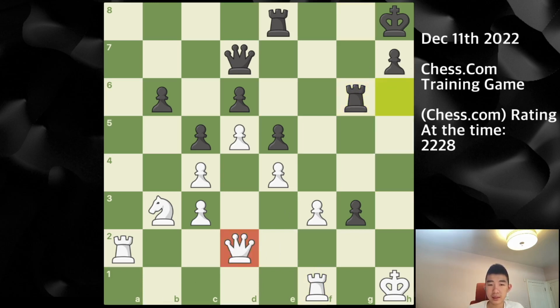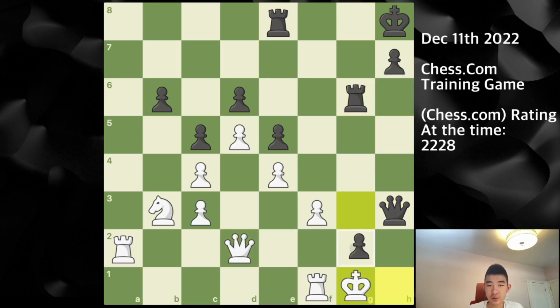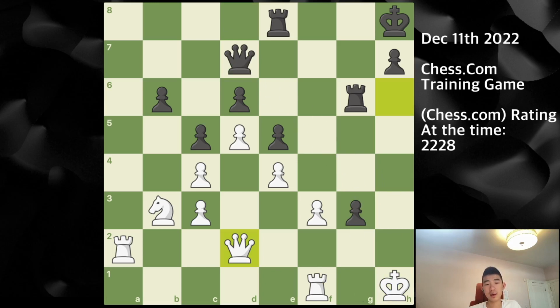If I go queen back to d2, this allows queen h3 check, and after king g1, g2 can be played, at which point my opponent is going to go queen h1 and basically win. And I also can't play something like queen h4, trying to maintain on h3, because then there is the move